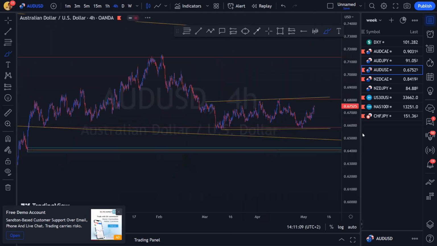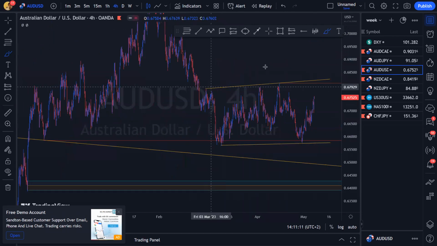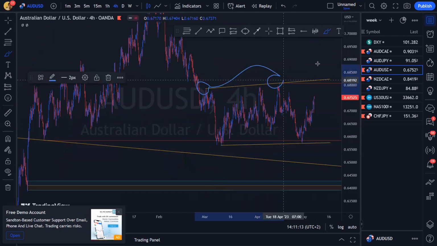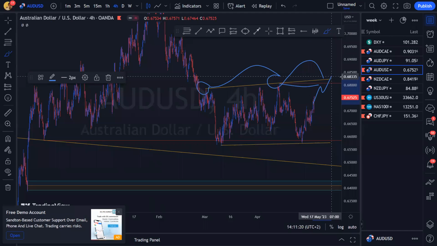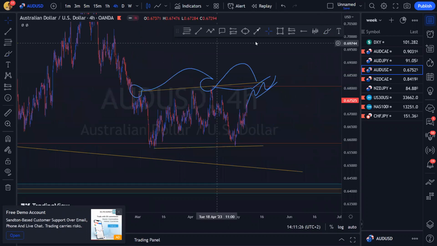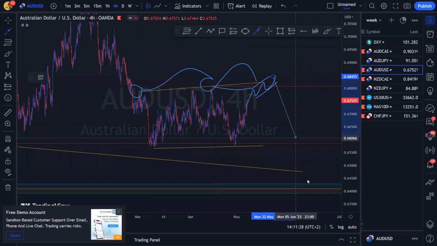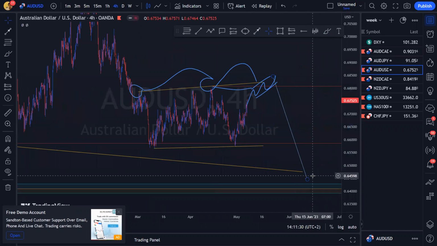All we're doing, very simple. We've got our first touch here. We've got a nice second touch there. All we're waiting for is for price action to come up towards this resistance over here. And obviously, we pay attention to price action. We look for our chart patterns. Once we get a chart pattern that gives us some sort of an entry, then obviously we're doing the things to be done. And we're hoping that we see some downside momentum, hopefully to give us the overall buy.